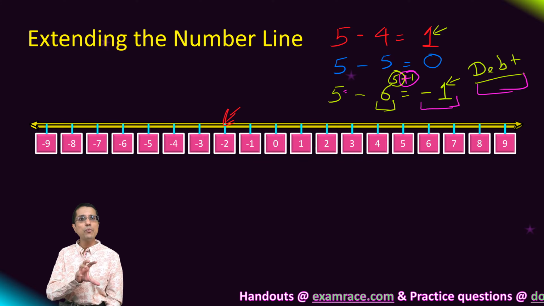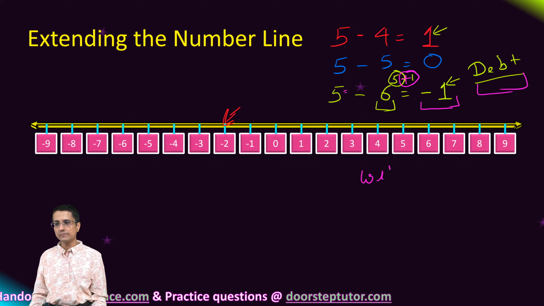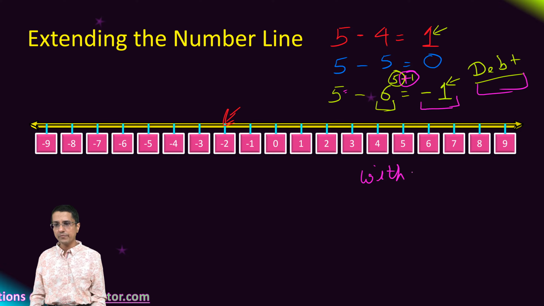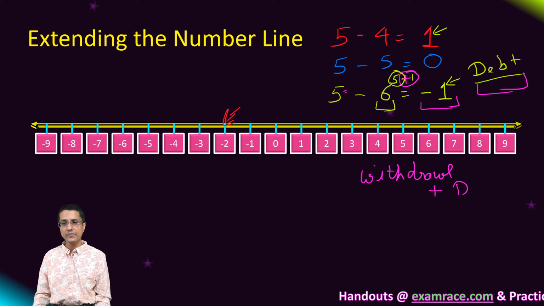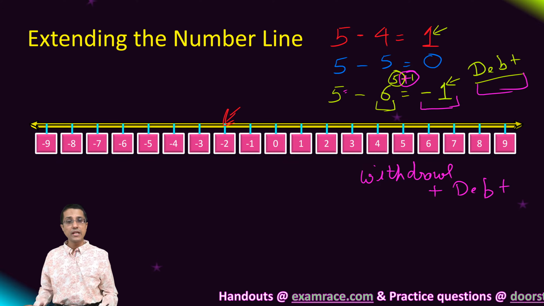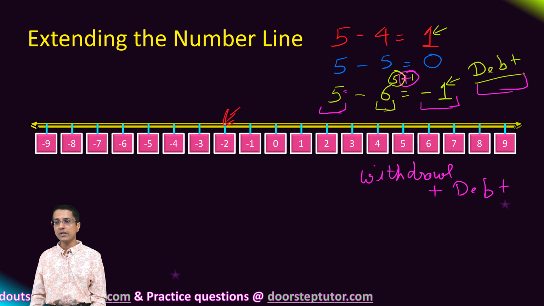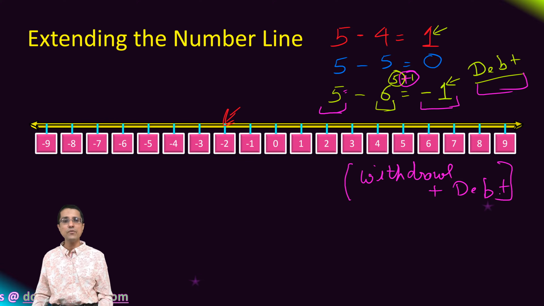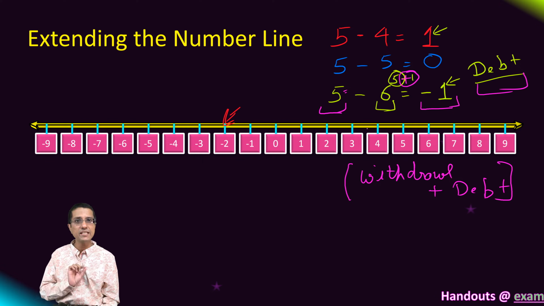One of the things at this point to really understand is that both the operation of withdrawal, so if I take out money from the bank account, or if I take on debt, if I owe debt, both of those operations reduce my bank balance. Okay, so those are more or less one and the same thing, right? Because withdrawing money from a bank account as well as taking debt from the bank would both reduce the balance in my account.